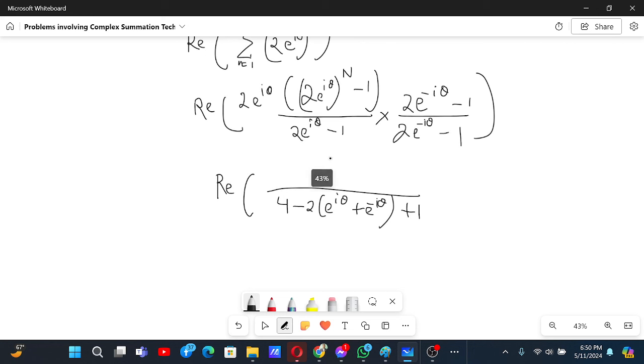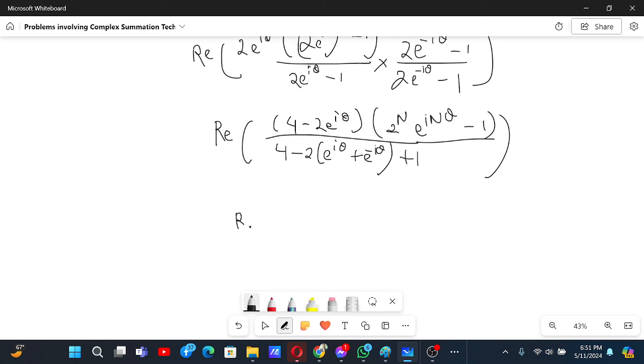Okay, so over here, what we can do is we can just multiply like this. Now, if you multiply this 2 with this, that basically is 4 minus 2 e to the power i theta. Yes, 4 minus 2 e to the power i theta. Over here, that is 2 to the power n e to the power i n theta minus 1. Yes. Now this is the real part of, now over here this is 2 to the power n plus 2